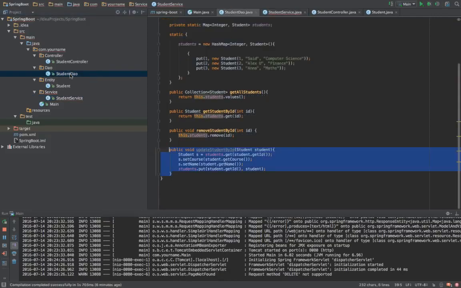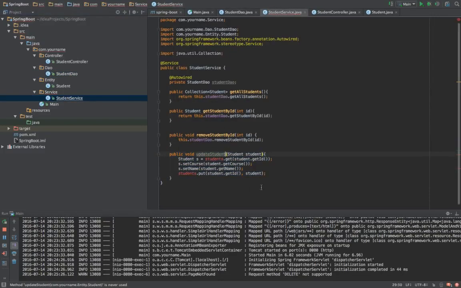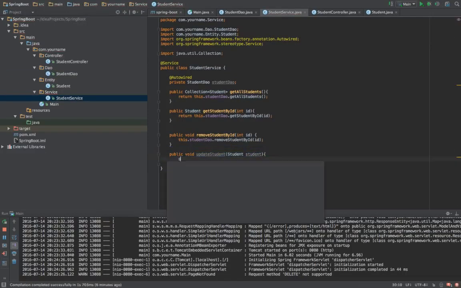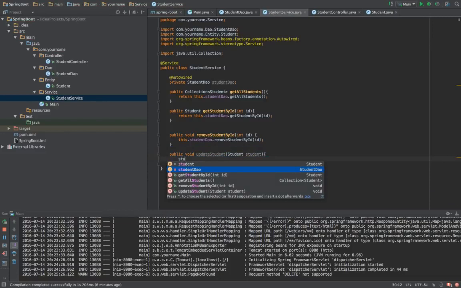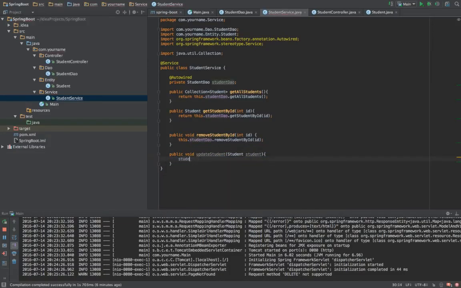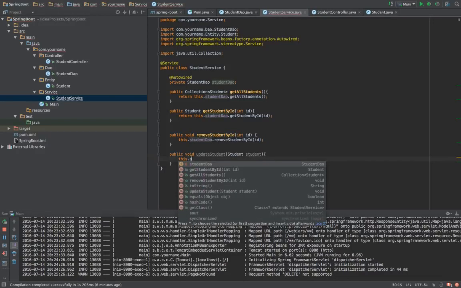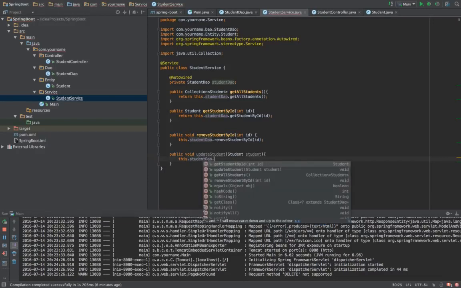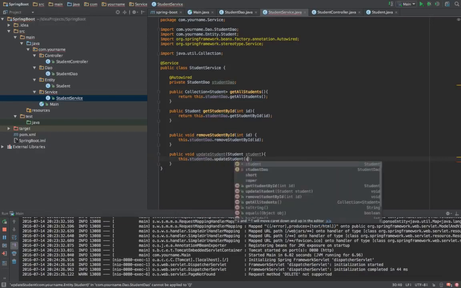Let me remove that from here as well. Update student, just like so. And now all I need to do is say student DAO, or this, if you want to be more specific, student DAO dot update student by ID, and you pass the